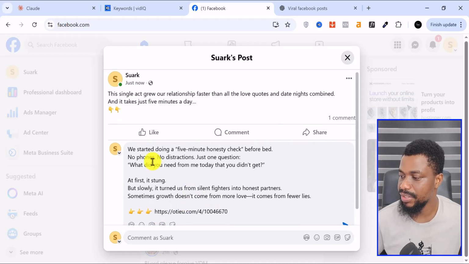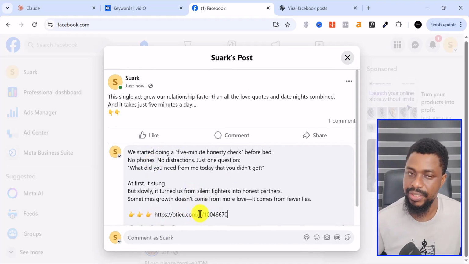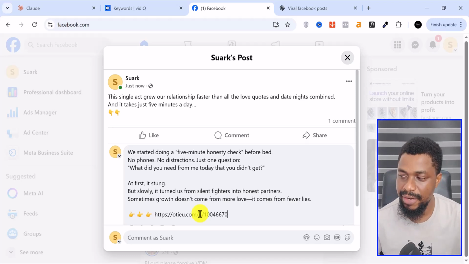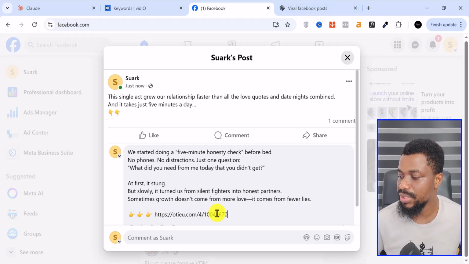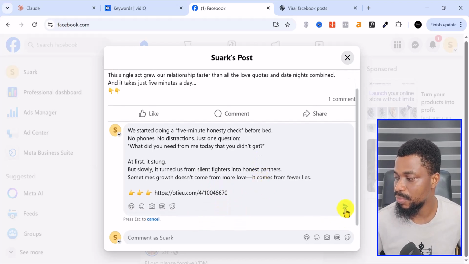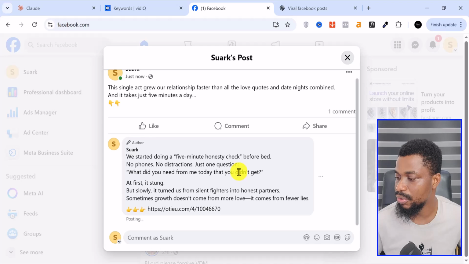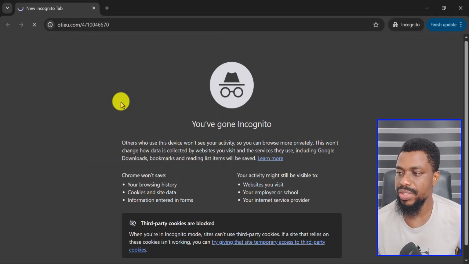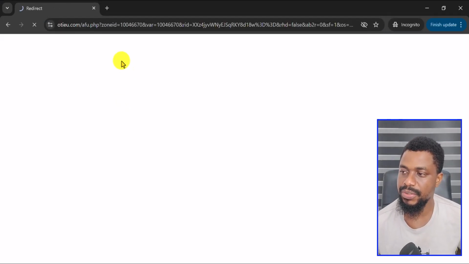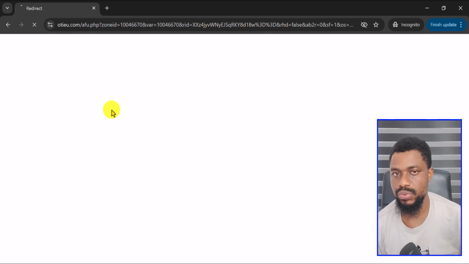After reading this, they would click on this. And if they click on this, they will see relevant adverts to them and you are going to be earning some money. Another way to do this is you can shorten this link by using link shorteners and putting it right here. Once you are done, you can click on update and our post has been updated. So once people click on this link, this is actually our link. It's going to take them to different kinds of adverts that they can see.